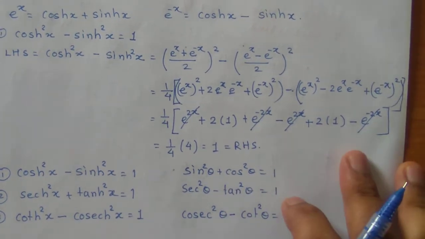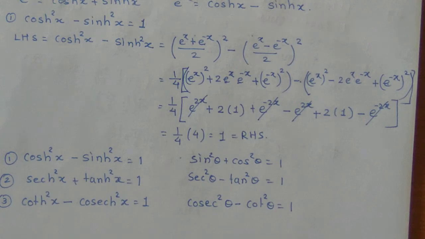In the similar way, one can write the identities for the addition formula. In case of circular functions, we have studied sin a plus b. Here we are going to see hyperbolic sin a plus b, hyperbolic sin a minus b, hyperbolic cos a plus b, hyperbolic cos a minus b, and so on. Then double of the angle, triple of the angle, that is sin 2 theta, sin 3 theta, cos 2 theta, cos 3 theta. The same can be written for the hyperbolic functions, that is hyperbolic cos 2 theta, hyperbolic sin 2 theta,